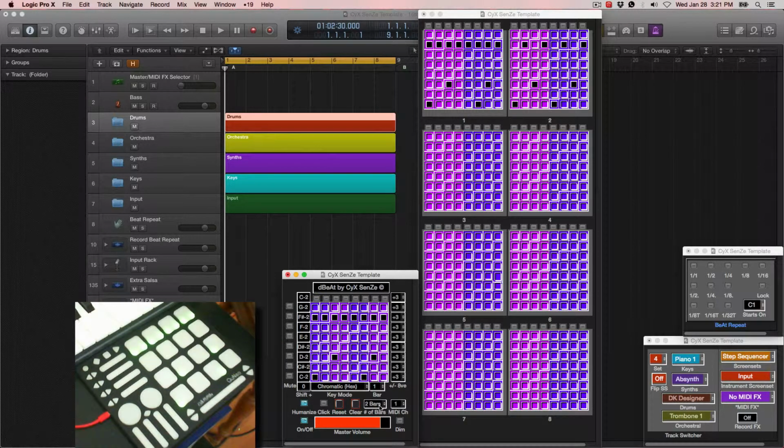Now you can actually play up to 8 bars, and I'm gonna show you this in action in just a second. You can select up to 16 MIDI channels. You have the humanize on, which is gonna throw a random velocity for every single MIDI note that's outputted, okay? If you wanna turn it off, it's gonna output a standard velocity of, I think it's 127, maybe 100, not sure. Okay, then you have your on and off toggle, you have your master volume, controlling your master volume fader, and